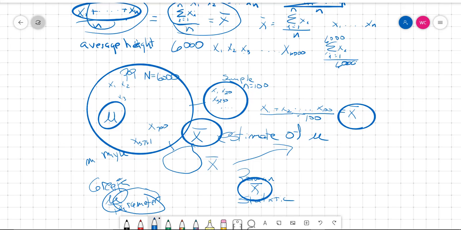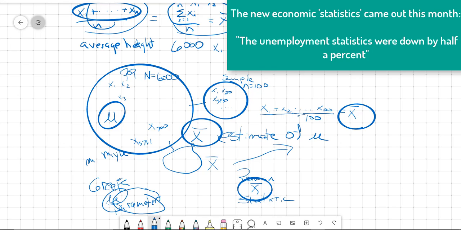Now, what does this mean? Why do we use that word statistic? So you might hear the new economic statistics came out for this month for the economy. So what does that mean? That means to me that the new economic numbers for the economy came out today. The new statistics for the economy came out today. That means what? If they're using the word correctly, or at least in the statistical sense, it means that the new numbers that we got, like for GDP or whatever, unemployment,